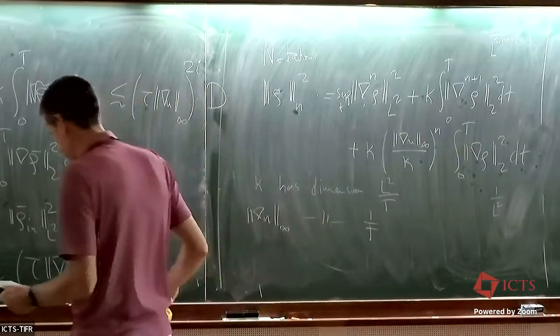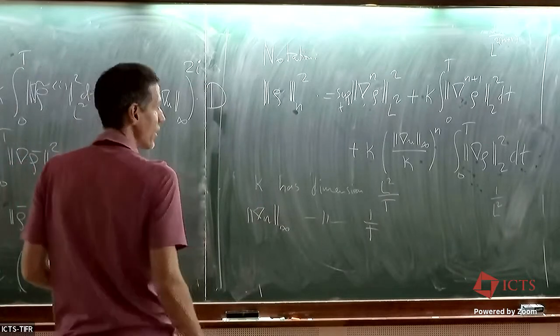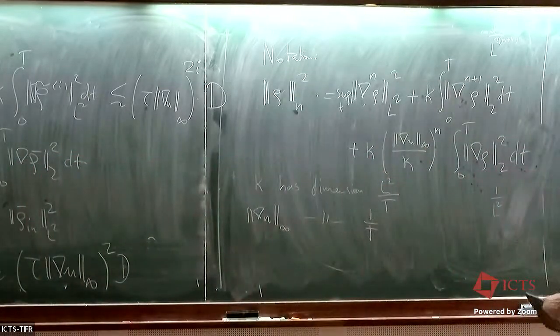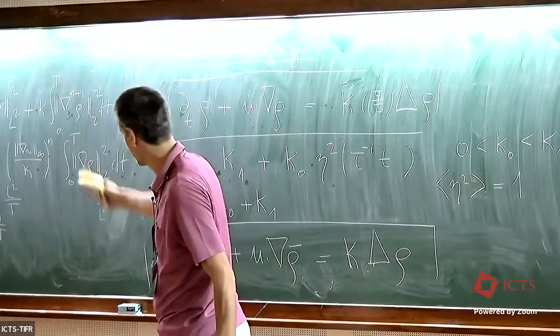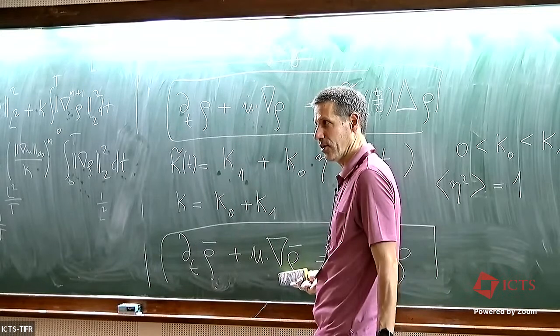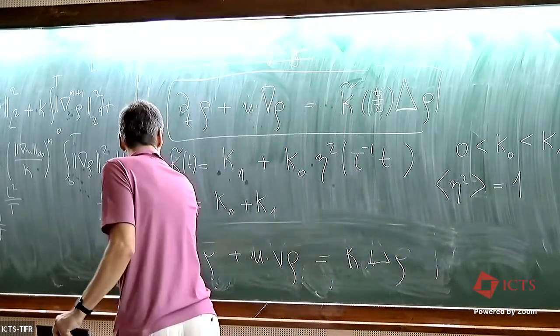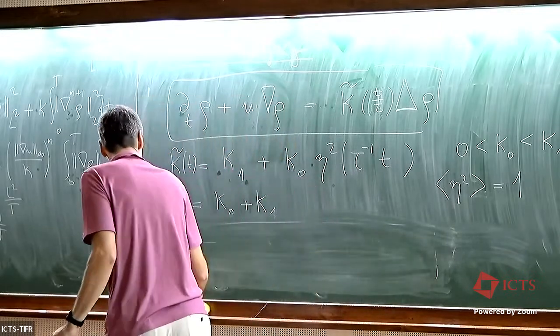Just to prepare, one more thing. So when you look at this kind of equation, to get an energy estimate for higher derivatives, you need to differentiate, which will give you this commutator. You have to differentiate the U. So just to have this in mind,